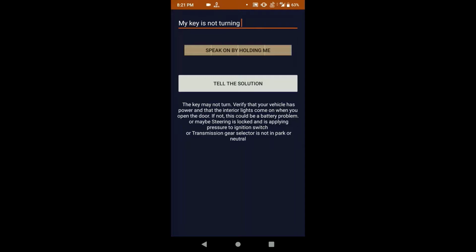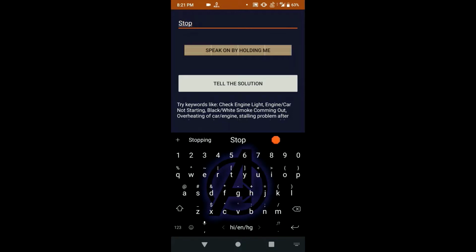So we are still trying to add more and more answers for the problems. We are still working on using online APIs like Wit.ai or Dialogflow, also known as API.ai, for the responses, to make our chatbot work more efficiently. Till now we have added the solutions for the engine not starting and the problem after battery replacement. Suppose I enter stopping of my car